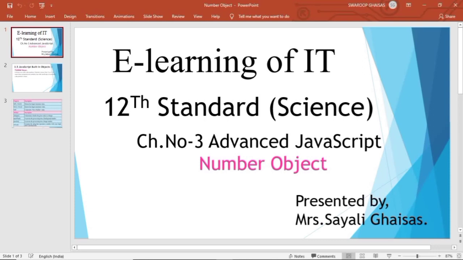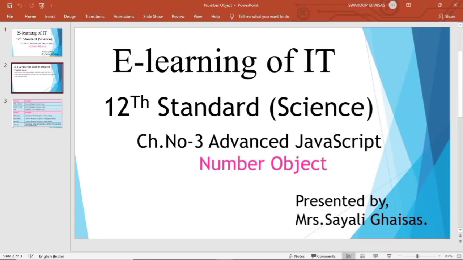But this year we have to study only string object and number object. Math object, date object and array objects have been skipped for this year because of the COVID situation. So today we are going to end this chapter with the number object.